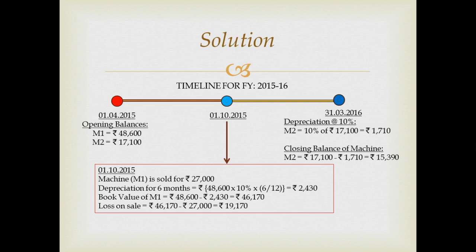So we need to calculate depreciation chargeable to this machine M1 from the 1st of April 2015 to 30th of September 2015, that is for 6 months. So it is rupees 48,600 into 10% into 6 months, depicted as 6 by 12, which gives us rupees 2430. Now the book value of M1 results in 48,600 minus 2430, 46,170. And as this machine has been sold for 27,000, we can see there has been a loss on sale